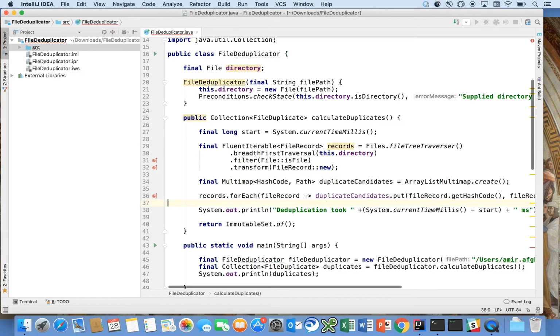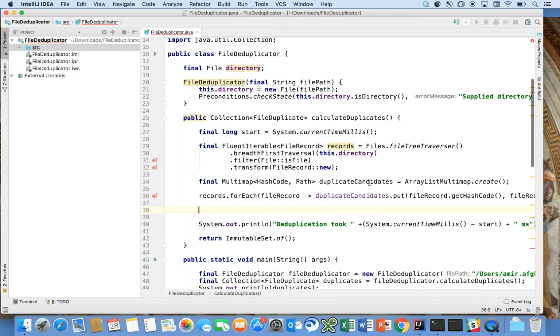Right, so now after I have hashed everything into the duplicate candidates multimap, I want to determine which ones are the actual duplicates. And as I pointed out, the ones that are the actual duplicates are the ones where the hash code was the same. And the multimap takes care of collecting the paths into a collection for that same key, right? So we're going to say here,